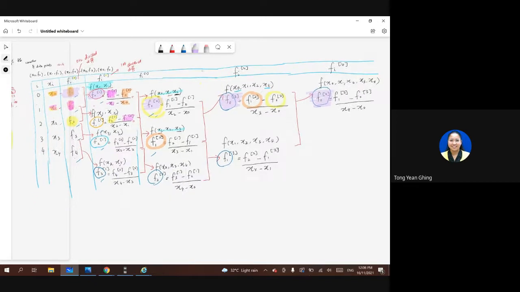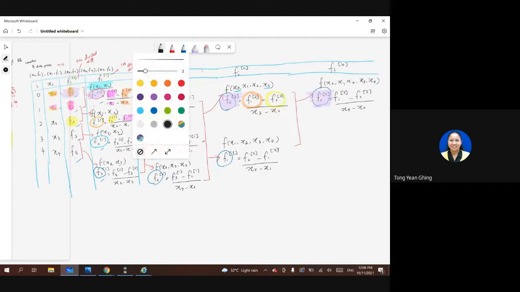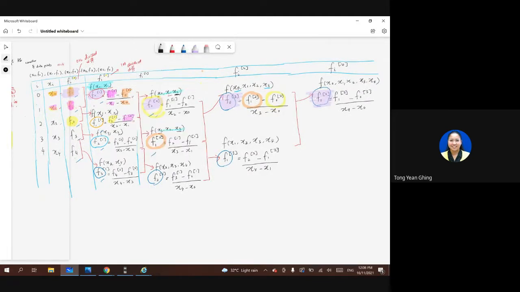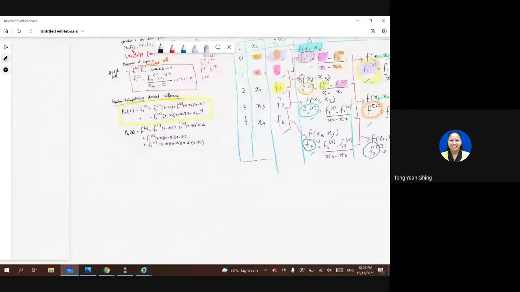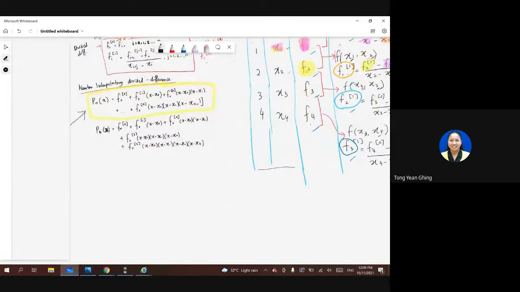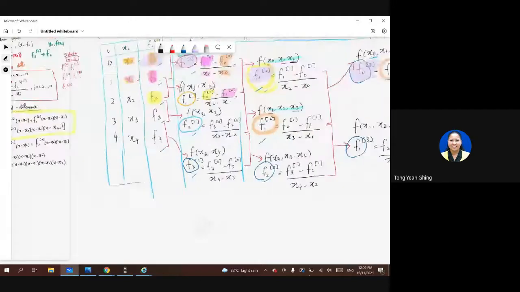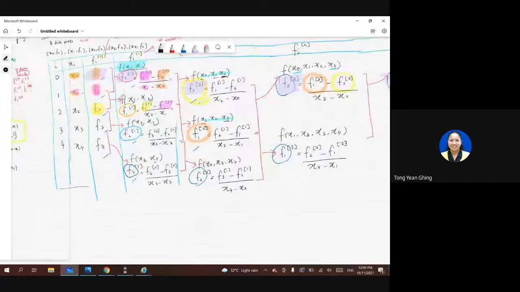After we get all these ones, we have to write. Jadi saya tak tutup tak apa. So and then we have to construct this one just now. Yang ni, this one. Okay. So daripada data point yang tadi kita ada 5. So now we have to write this polynomial. So this is a P4. Ayo, it's detect very slow already. P4 x